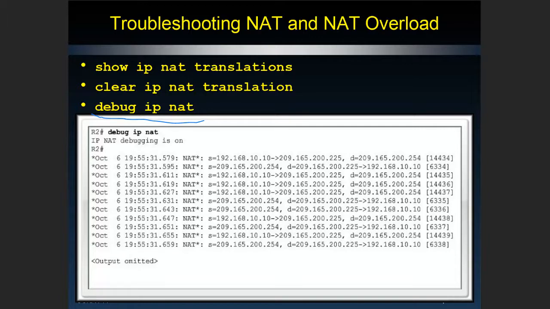In this case, he's turned on debug IP NAT, and all the NAT translation functions that this router is going to do are going to show on the screen as they take place. If it's a lab router and there's not a bunch of traffic going through it, it's no big deal. But if it's a production router in a real business and you turn on any type of debug, it could cause packets to be dropped. So only turn on debug for a short amount of time, figure out what it needs to tell you, and then turn it off again real fast. Otherwise people will really start dropping traffic.